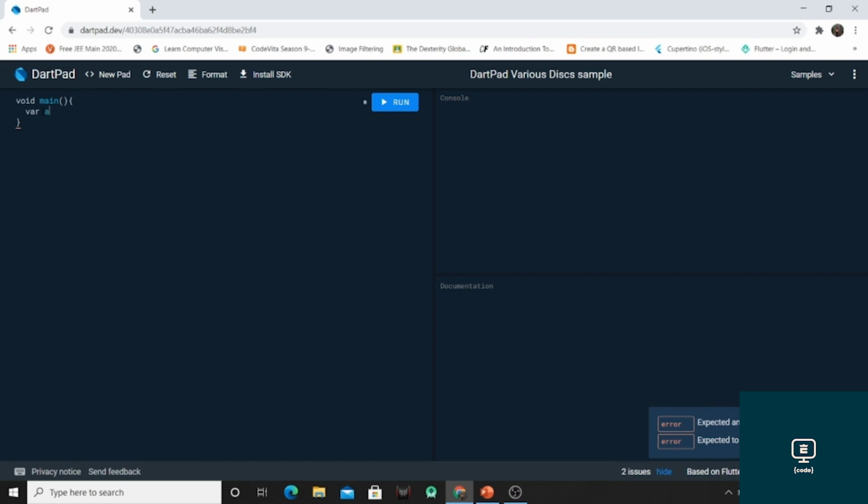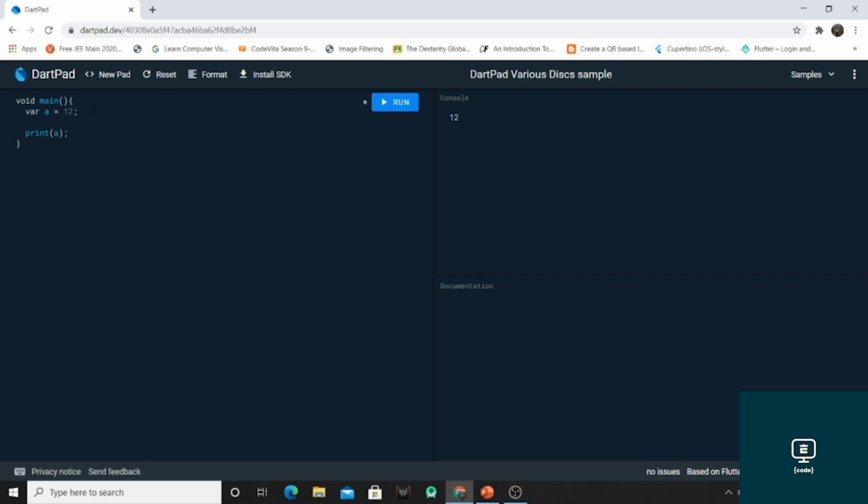So on declaring any variable as a type of var, it will be of dynamic type. So I have declared a variable a as var type, and I am initializing its value as 12. Now on printing this a, it will show me the value 12 in the console section.